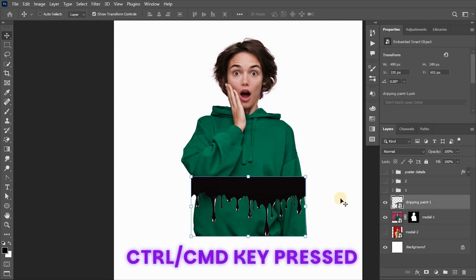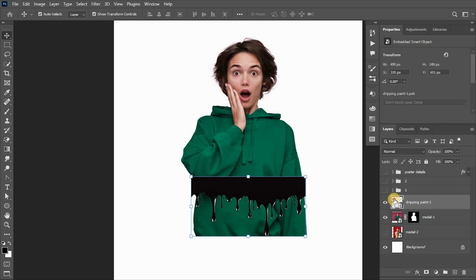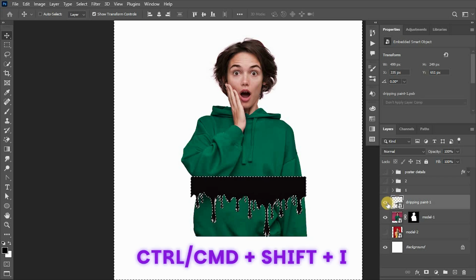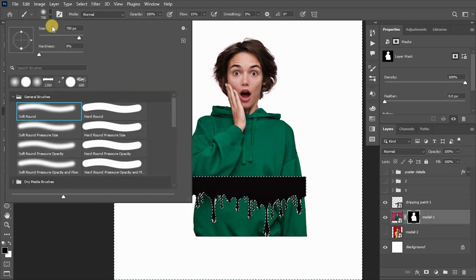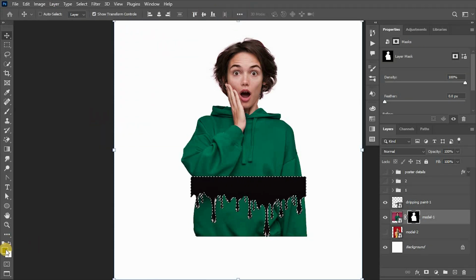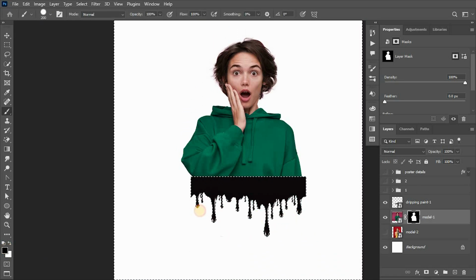After that, with the Ctrl or Command key pressed, click on the dripping image thumbnail to make a selection. Then press Ctrl or Command plus Shift plus I to invert the selection, and then click on the subject thumbnail to activate it. And with a hard round brush, flow to 100% and foreground color as black, paint at the bottom of the dripping image to hide the extra part of the subject. Press Ctrl or Command plus D to deselect the selection, and this is how the subject looks if we hide